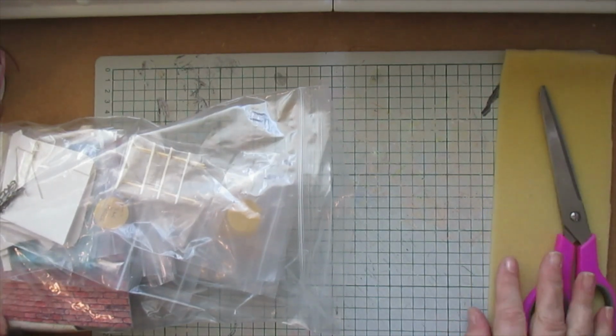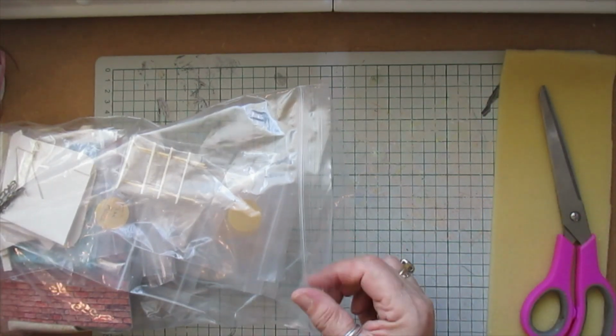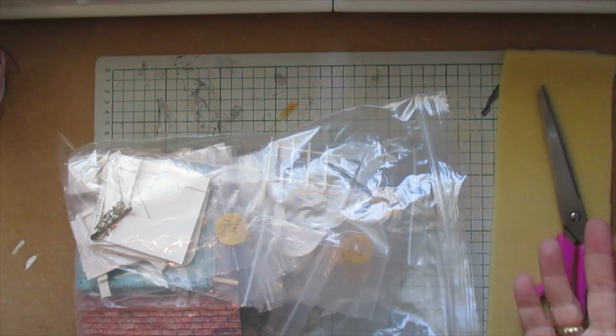Right, good morning everyone. Now I've done another kit because the other two sold, so obviously I'm going to do